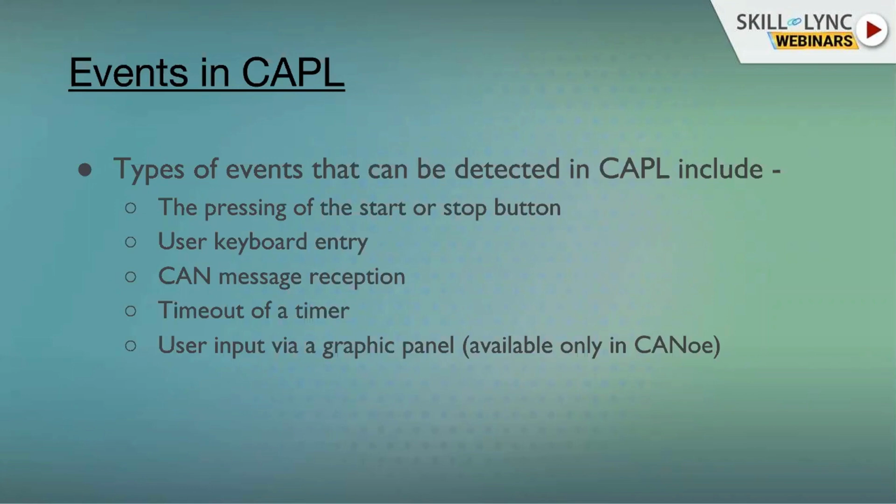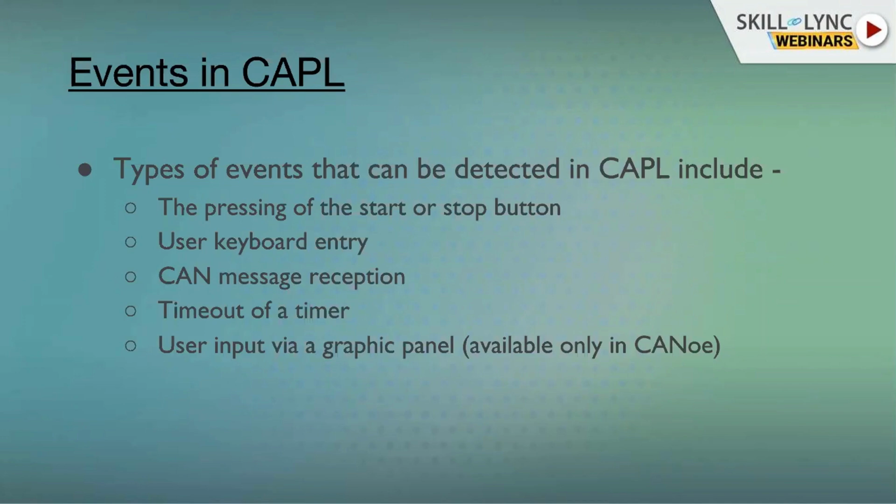Next, the keyboard entry. If you have a keyboard, it has alphabetical and numerical keys, and page down and page up as well. By using those, we can also implement our programming. For example, whenever I press key A, we can send some message into the network. Whenever I press key 1, you can send some other messages, and some test cases will be written for that.